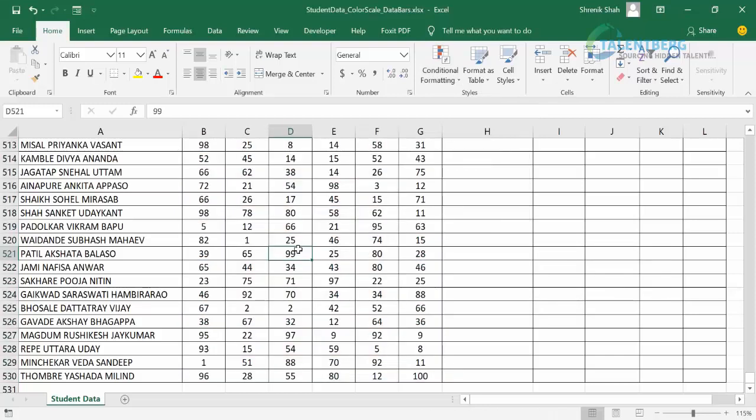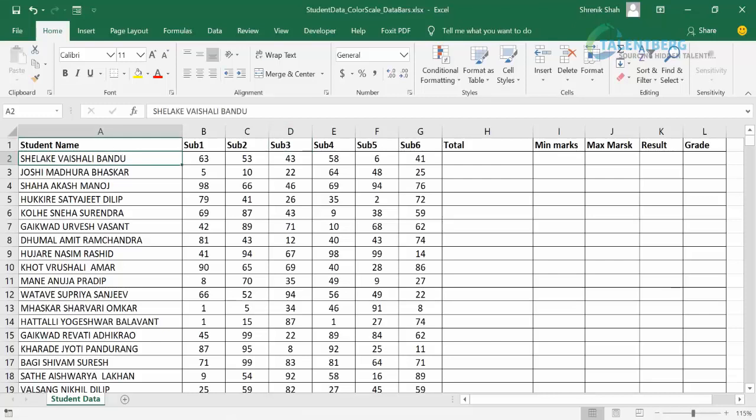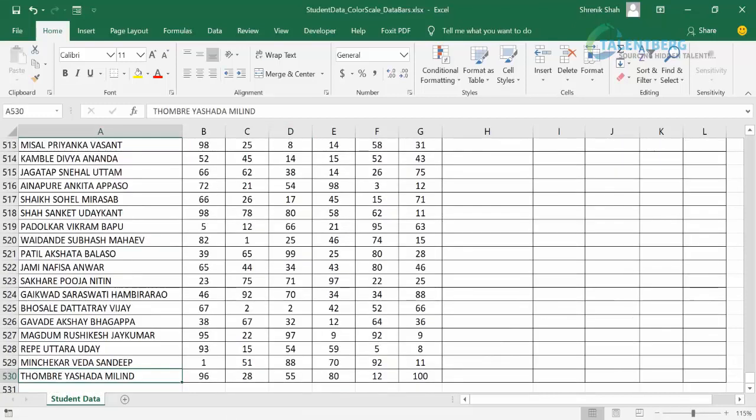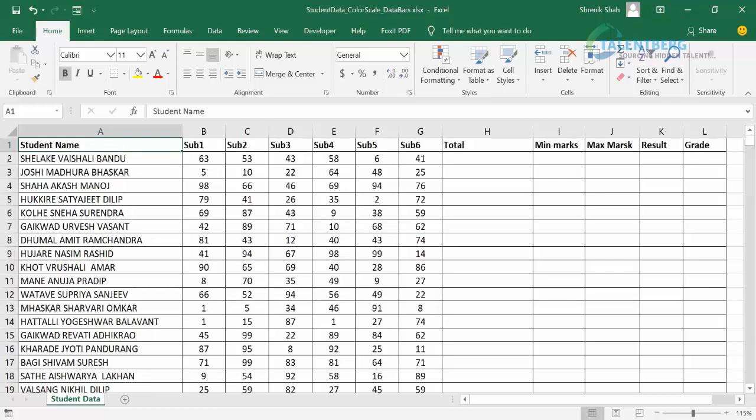See, we have a total of 530 records in the Excel table. Now I am asking which students scored the same marks in subject 1 and subject 6. If you check this, it's not easy to find. I need to manually compare, is it the same? I manually need to compare it.